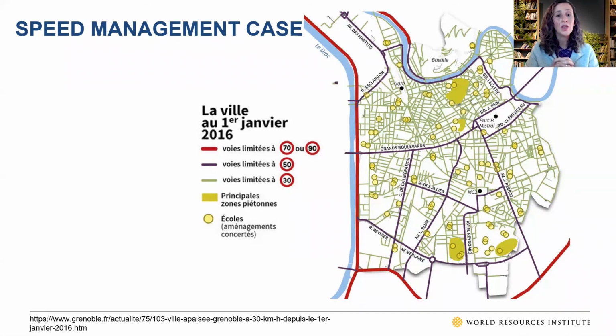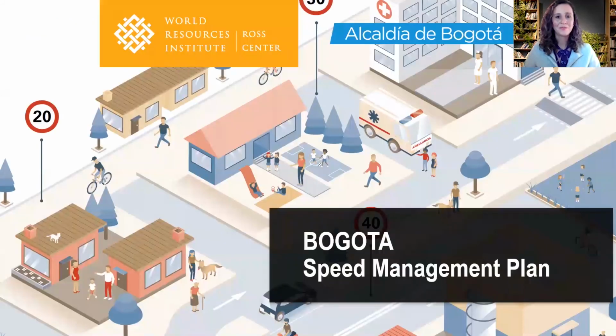kilometers per hour. We also need goods to be delivered. We need bus lanes. And so we have arterial roads that go to 50 kilometers per hour. Those are the ones marked in purple. And finally, outside the city, we have those streets where you don't have pedestrians or cyclists, and vehicles can go 70 kilometers per hour, 90 kilometers per hour if you have the correct separation.